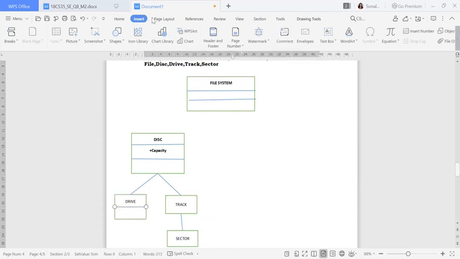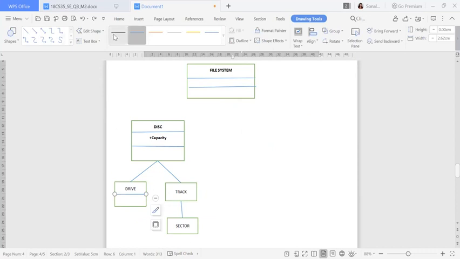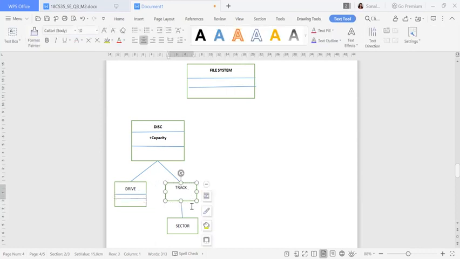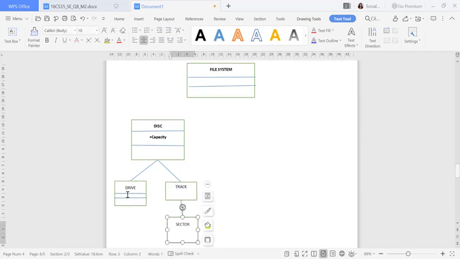This is one partition and again one more. Again one more partition I'm going to do over here. Similarly do it for the track also, and the sector also. Don't forget to do it.